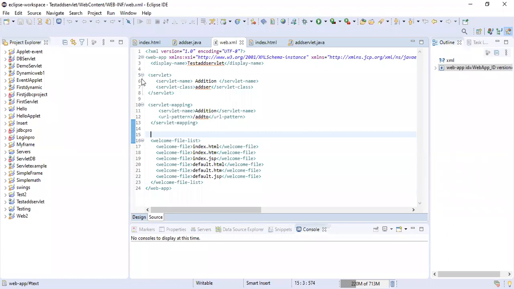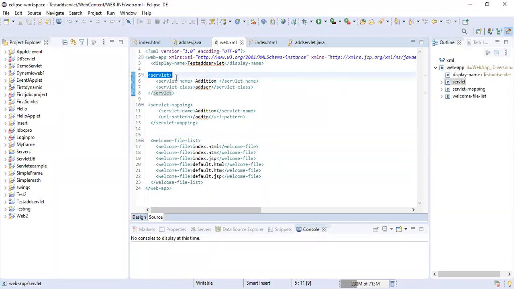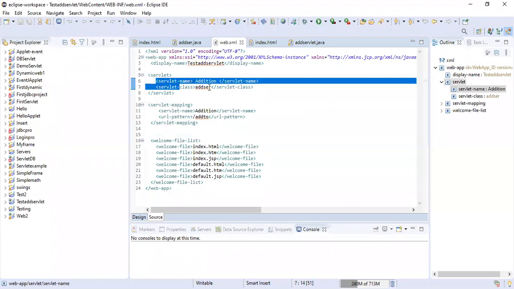But what we have to write in the web.xml are two important tags: the servlet tag, servlet slash servlet, and second is the servlet-mapping tag, servlet-mapping slash servlet-mapping. So these are the two important tags that we have to add in the web.xml file. In the servlet tag, there are two subtags, servlet-name and servlet-class.